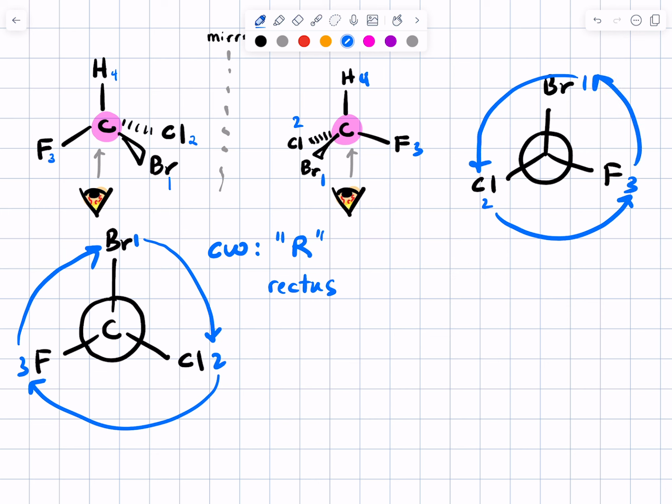Then you ask, is that clockwise or counterclockwise? It's counterclockwise, so we will call it S. That comes from the Latin sinister,